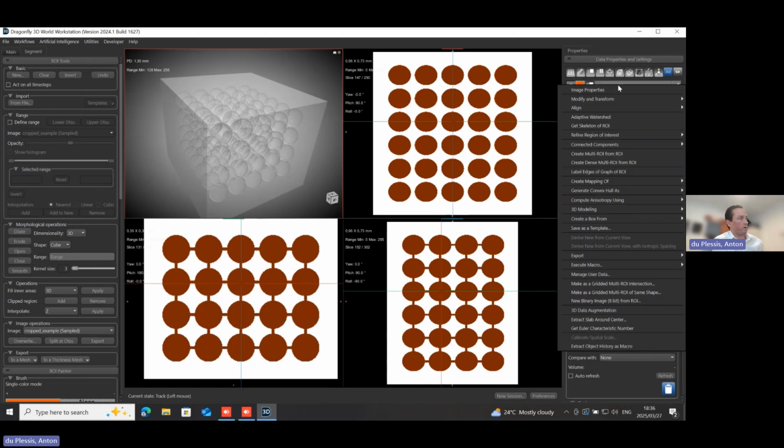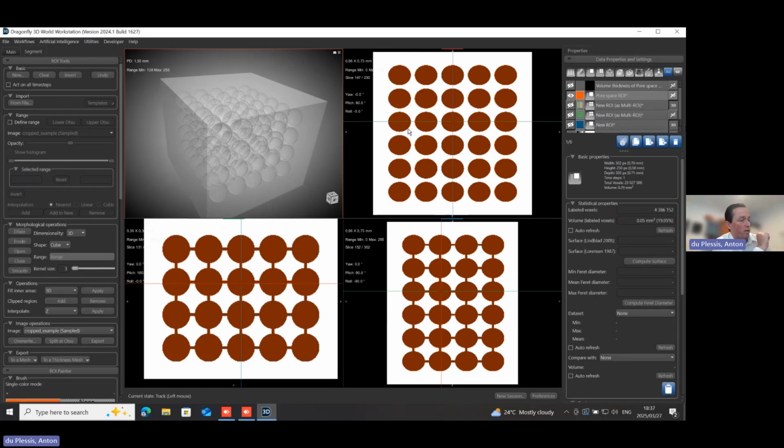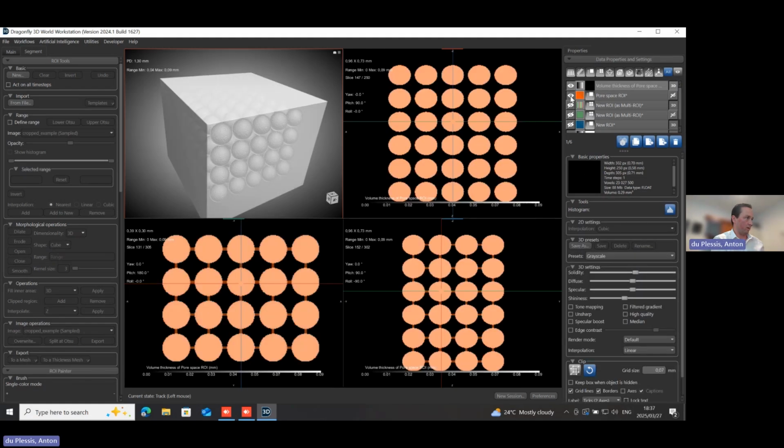And what we will do here, if I right click, I will create a mapping called a volume thickness mapping. What this does is it fits spheres into that region of interest in each location in space. And at each point, it records the largest sphere that fits into that space. So the end result is an image data set where the grayscale value is the local thickness in millimeters. It can be quite time consuming on big data, but it's very useful in this case, as I will demonstrate in a minute.